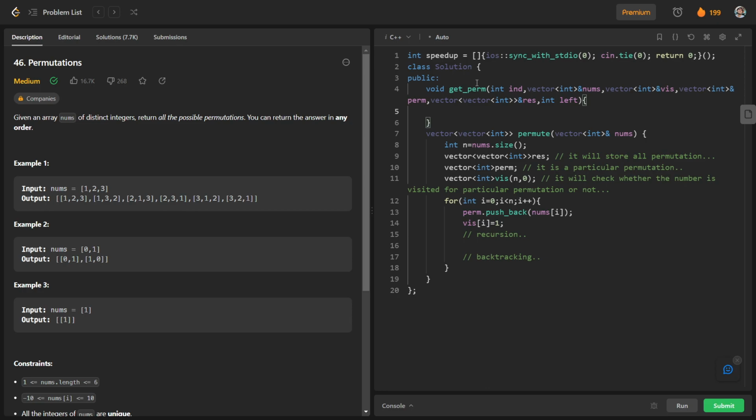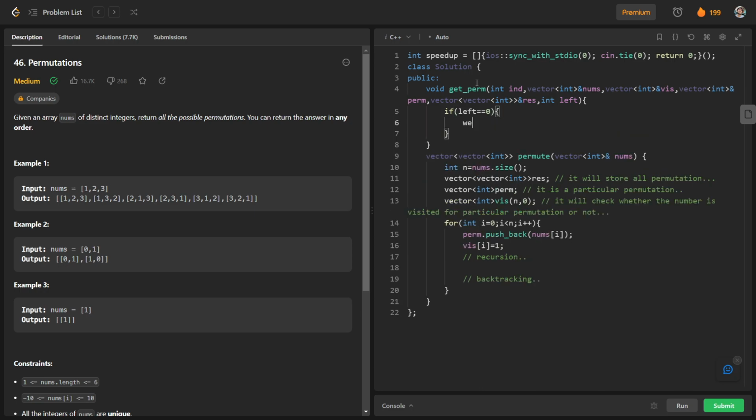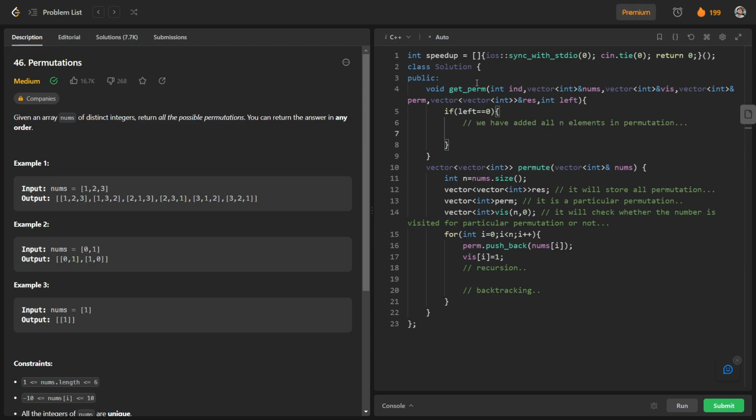So talking about base cases, if left is equal to 0, what does it mean? We have added all n elements in permutation. So in this case we will just store the vector permute in resultant vector, and we will just return.